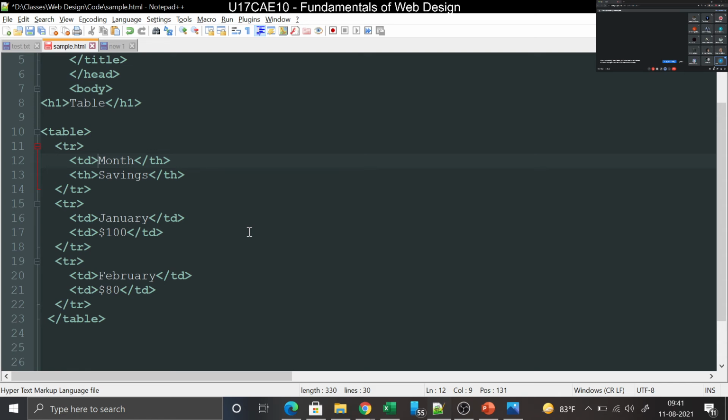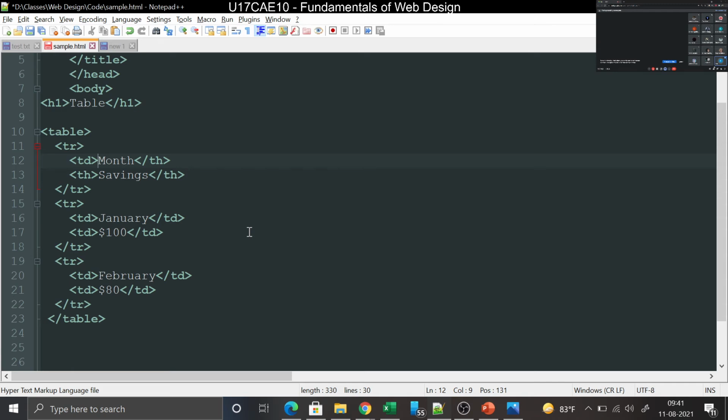Okay. So either you can use the heading tag to note that this is a table heading, or you can use the normal one and use the bold tag. Okay, that's up to you. The bottom ones, as you can see, are table data. So how are you programming this one?